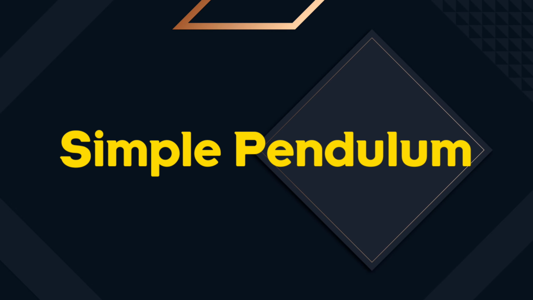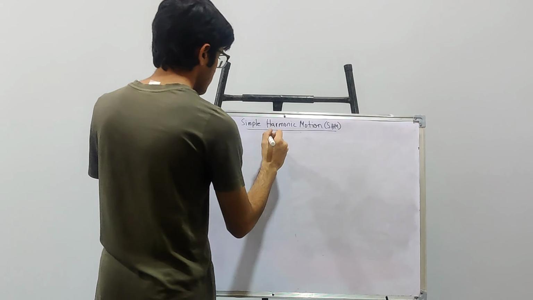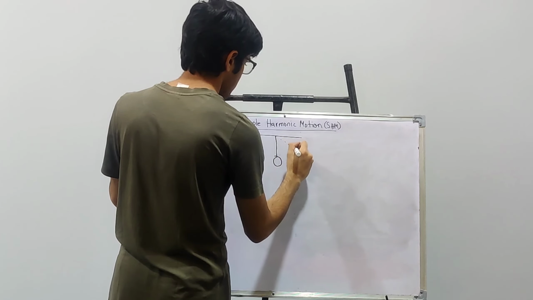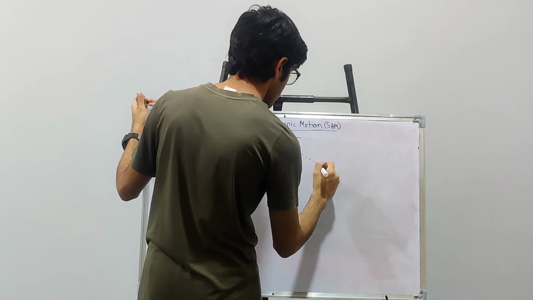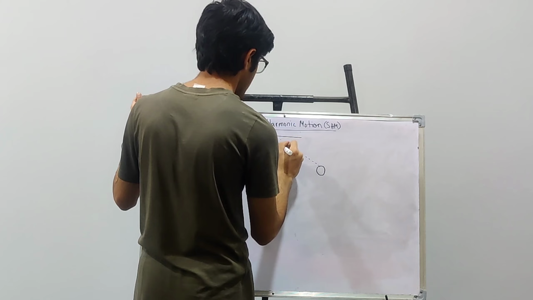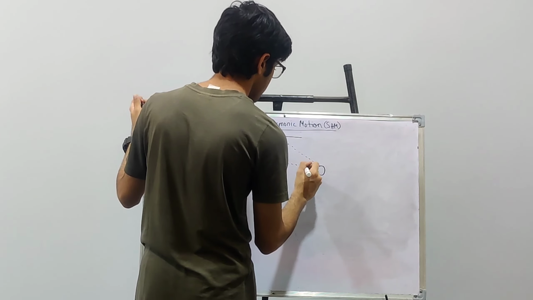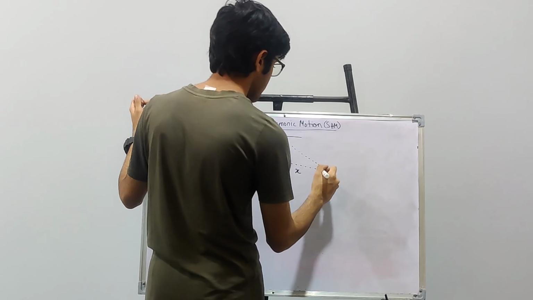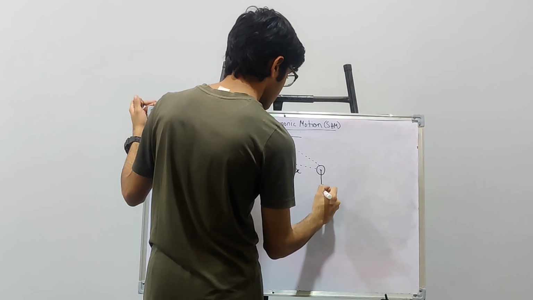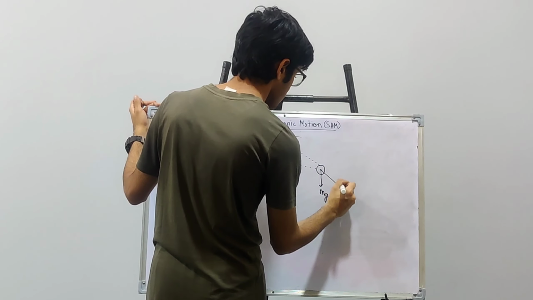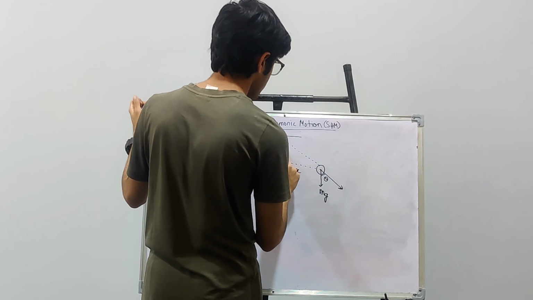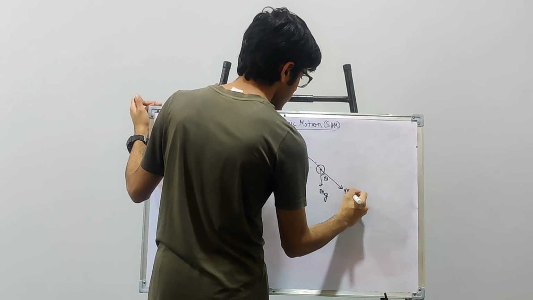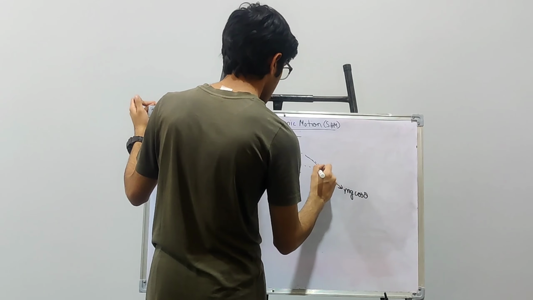Let us move on to the last topic, simple pendulum. So a simple pendulum basically looks like this. When it is displaced, let's say it makes an angle theta. This is, let's say, x, and let's say this is L. Mg will act downwards here. This will be theta. This is theta, so this will also be theta. This is mg cos theta, and this is